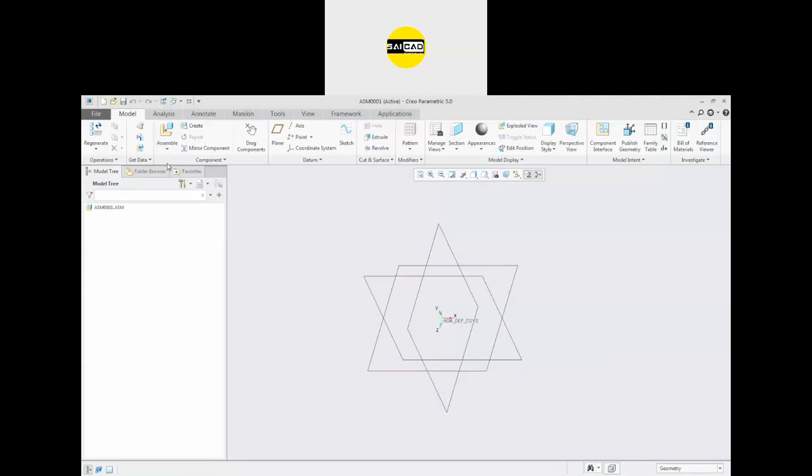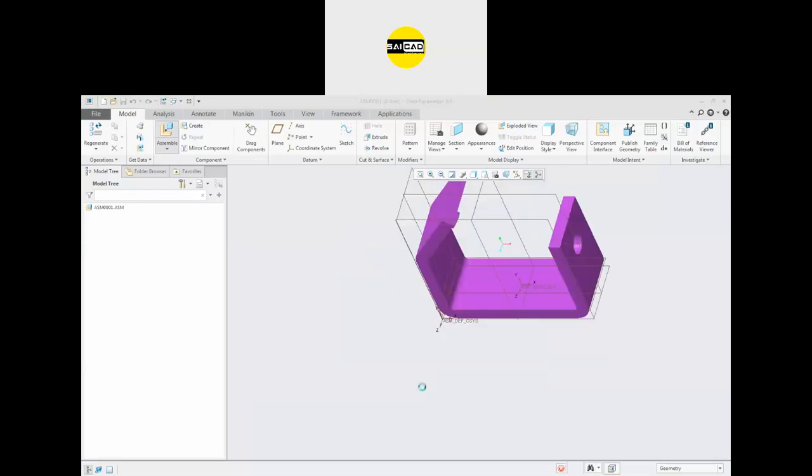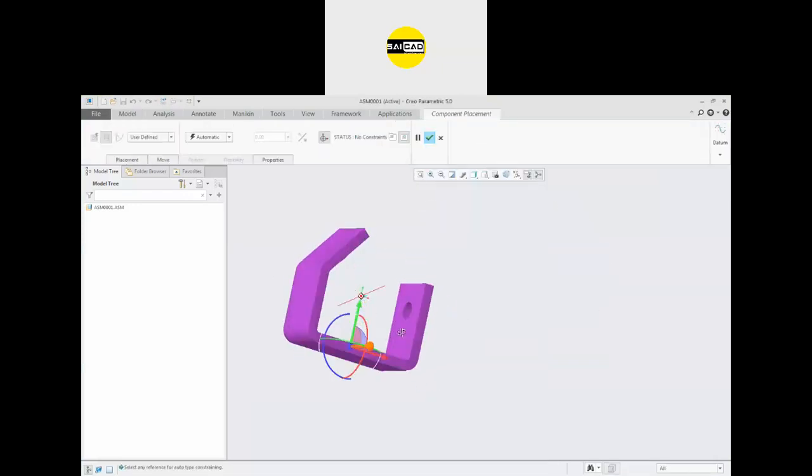So first of all, go to the assemble, select the base part that you want to define first. In the trio, you have to insert the parts step by step according to the order of assembly. First we have the base part, the bracket here. Click the part, click open, and here we have the part like that.